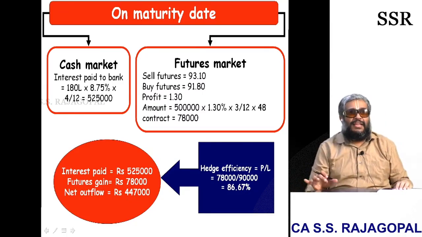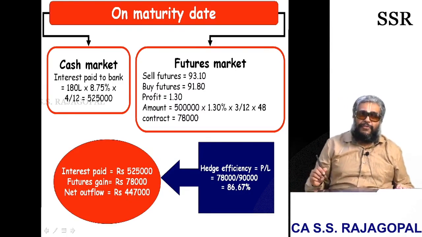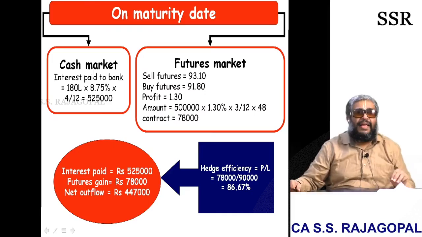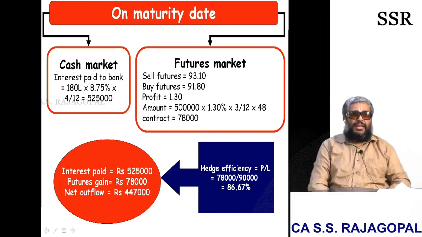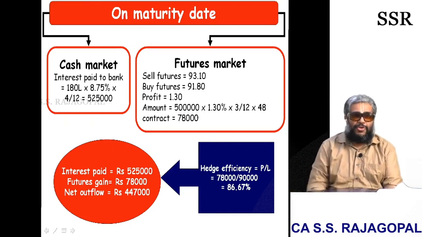90,000 is the answer. Can you just copy this particular slide quickly, friends? Now cash market I have already dictated. Copy the futures market and the sum gets completed. Please copy this quickly.